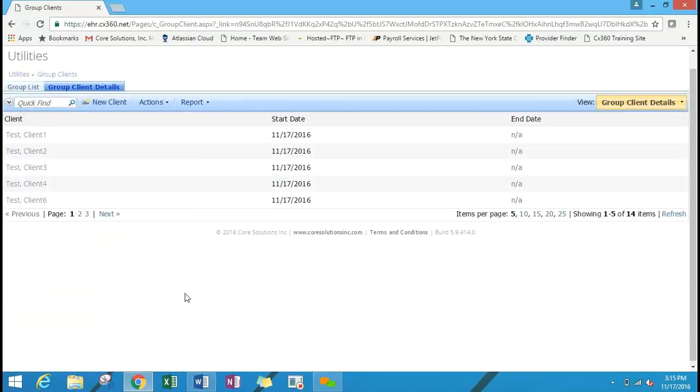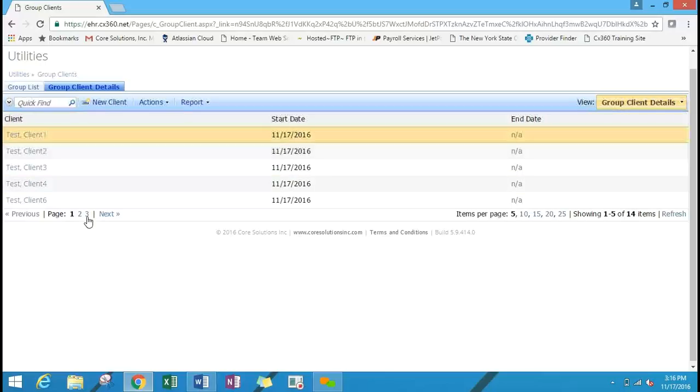Group clients. This is where we go and assign clients to the group, okay? This is pre-setting it up. This isn't saying who actually showed up, but this is to save you time when your group meets. If your group meets twice a week, you don't necessarily want to say these 25 people showed up all the time. It will populate with the people, and then you can go in and make changes, all right? So we're just setting it up ahead of time, and then I'll show you how to actually say you met,